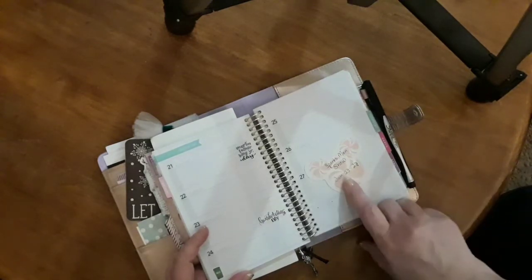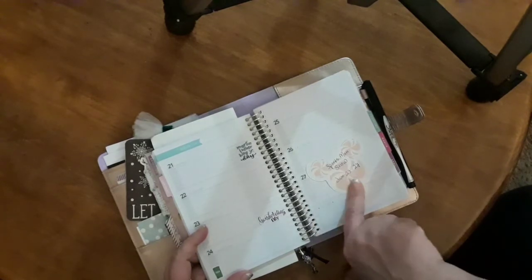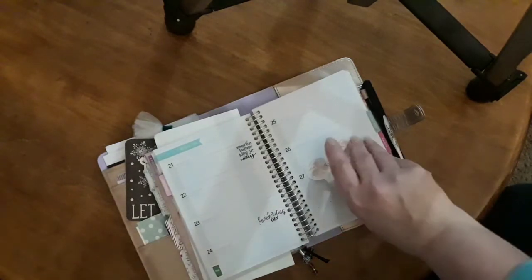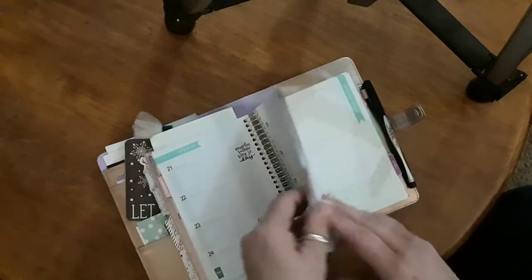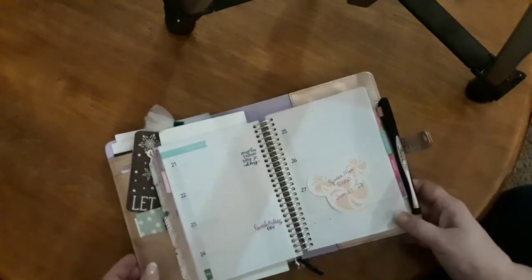locally, and put it on a Post-it note on the weekend so it's not a surprise. Oh, you know, we missed the Sportsman show. That was this weekend. If only we'd known, we could have planned to go. I put that on a Post-it note because it's not set in stone, but it is something that's available to us. Things like that. I have those all through here. I don't know if you can see them, but anyways,